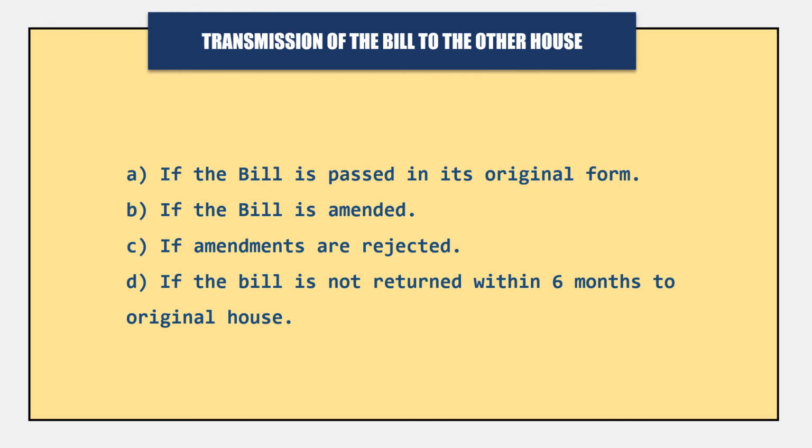The Dowry Prohibition Act and the Prevention of Terrorist Act, ये दो एक्ट जॉइंट सिटिंग के जरिए पास हुआ है।